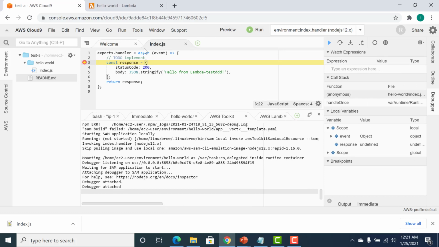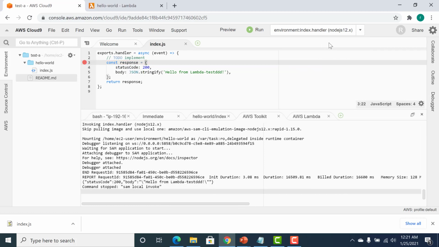And the other good thing is you can actually have a debugger here. I had earlier invoked a debugger. So you can actually debug your code quite easily using Cloud9. So let me just click on this, and you can see that it has actually passed with this particular function output.